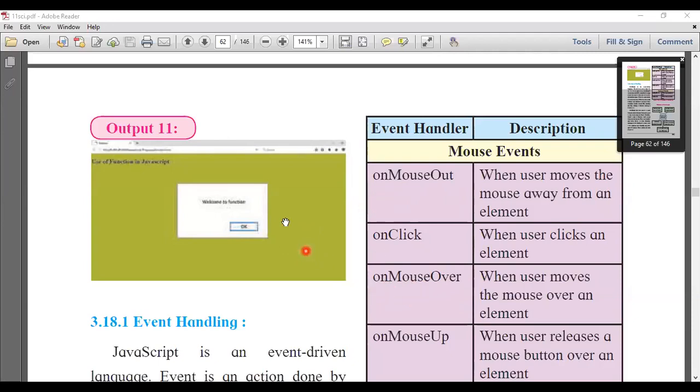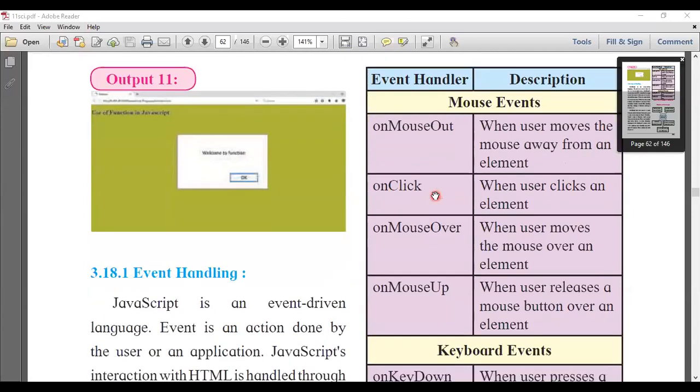When you move the mouse inside, the onmouseover event will trigger, and when you move outside, the onmouseout event will trigger. And when you click on any element, the onclick event is triggered.